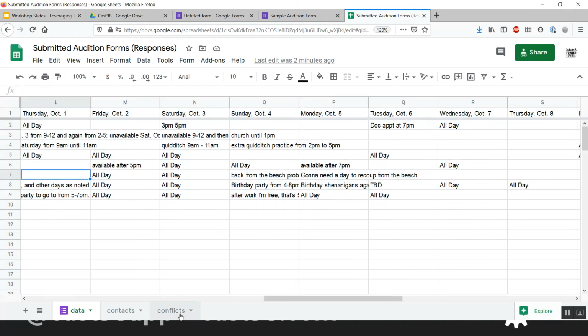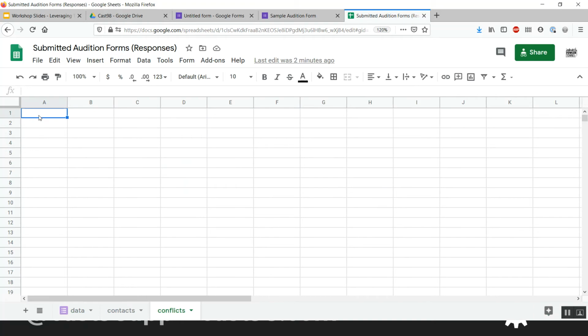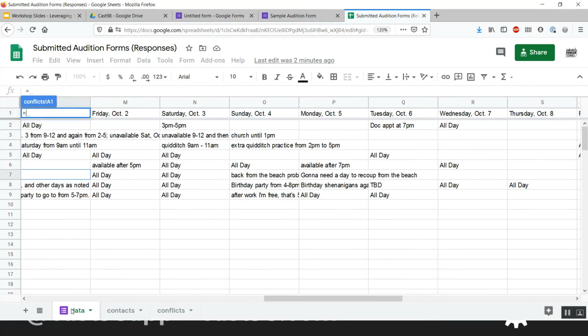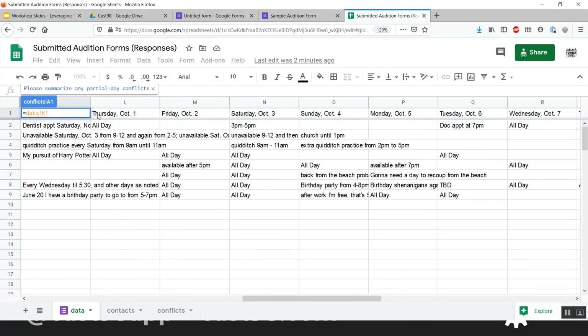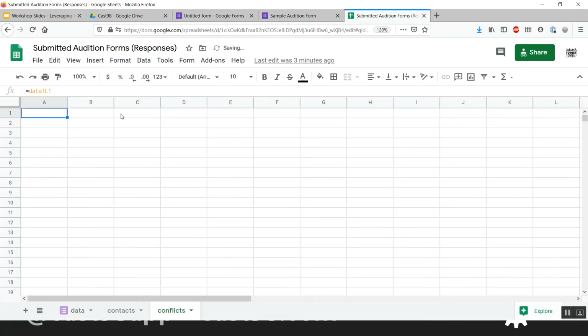So let me come back over here again, and I'm going to do equals, flip back over to the data, and select that first column, which you can't see right here, L1, which is Thursday, October 1st. You could also type this in. And so you see how it says equals data exclamation point L1. You could type that in and it would be the same thing. But this makes it easy. I can just come over here and click on it, and there it is. So I'm going to press enter, and that's going to save that input so that now I have Thursday, October